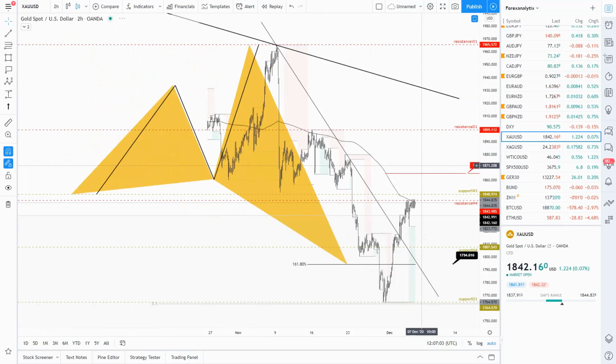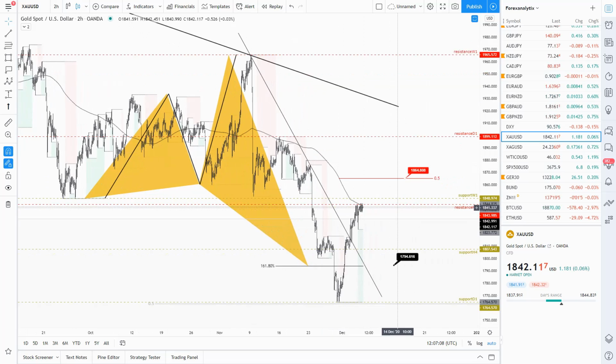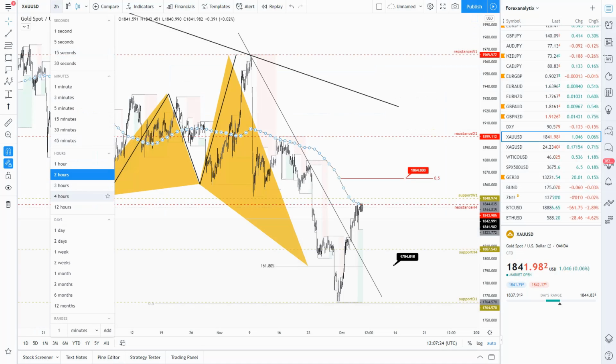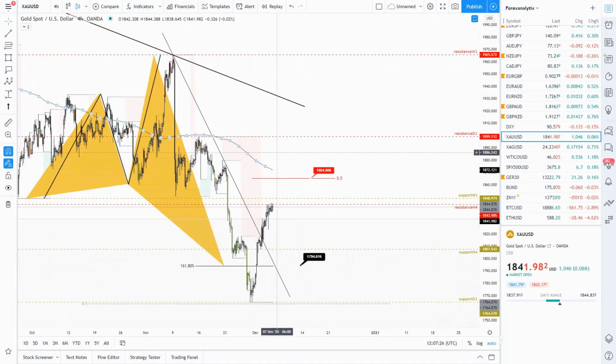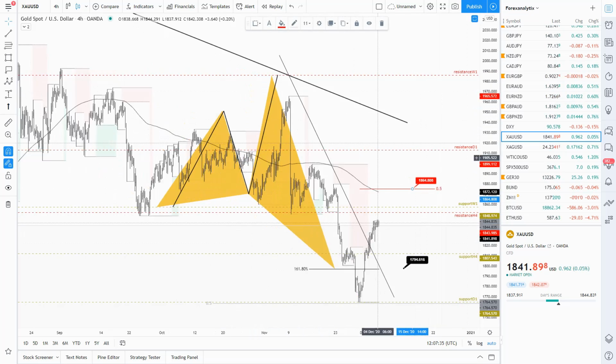Now let's go into gold and silver to finish. And we still have this dollar is now, this is a 2 hours time frame. We are now facing the 200 moving average on a 2 hours time frame chart, which is putting some pressure there. If you go into a 4 hours time frame, the 200 moving average is pointing a few points above 1872 at this point. We have also the default target for the shark at 1864.